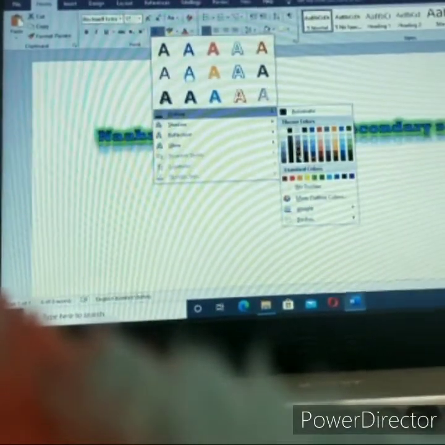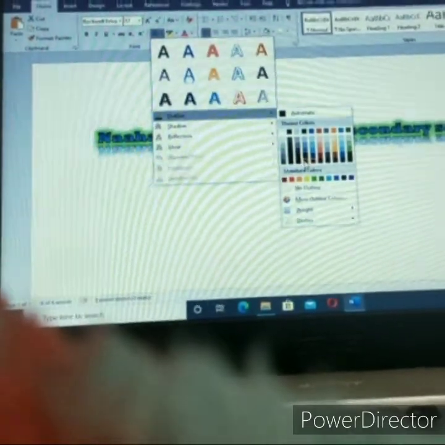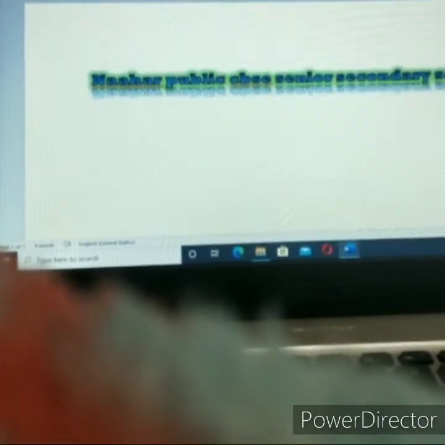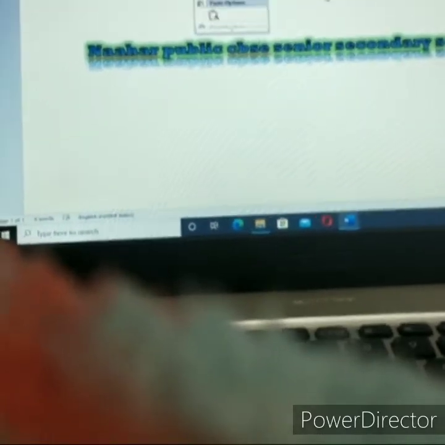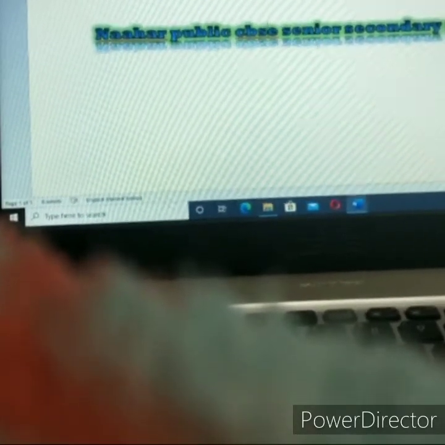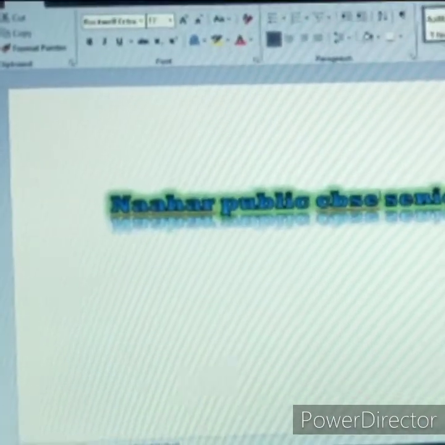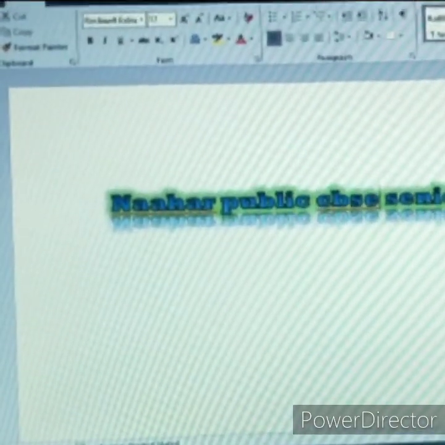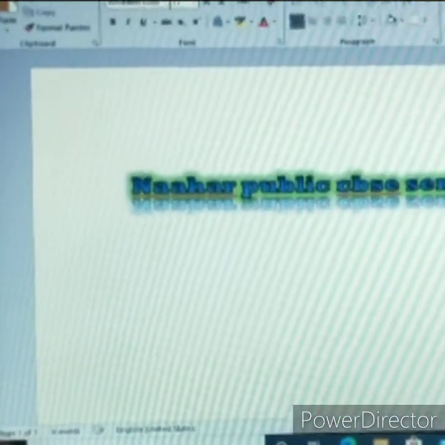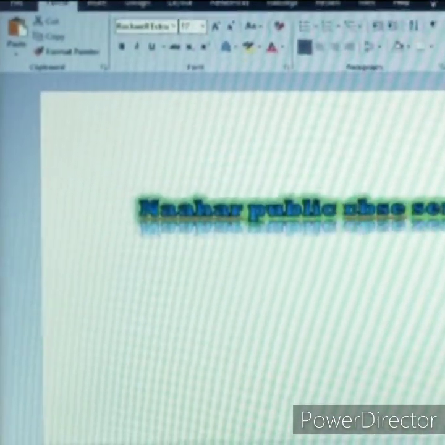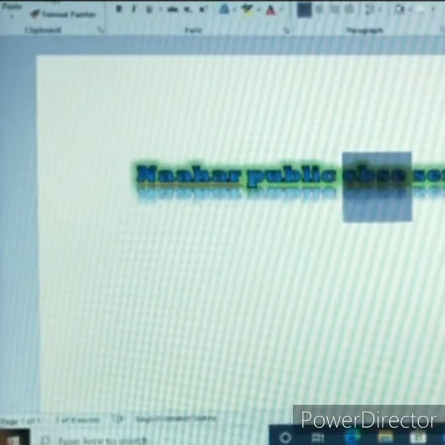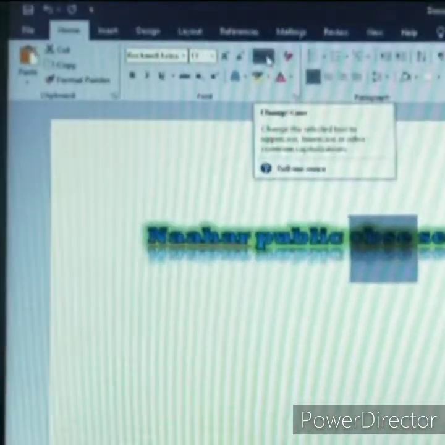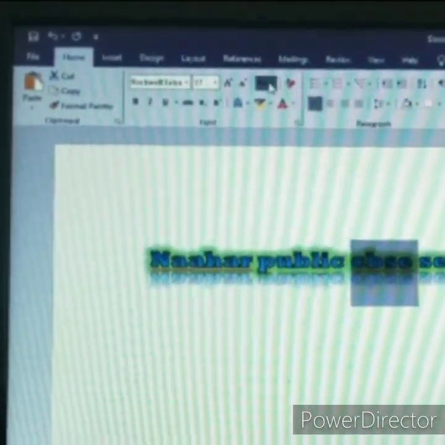Now I am going to change the color of my text. I'll give a green color, sorry, black color. Now, if I have a grammatical error in this, what will I do? In CBSE, in this word I have given a small letter, so I want to change this letter to uppercase. So just click this word only, and then go to this option.